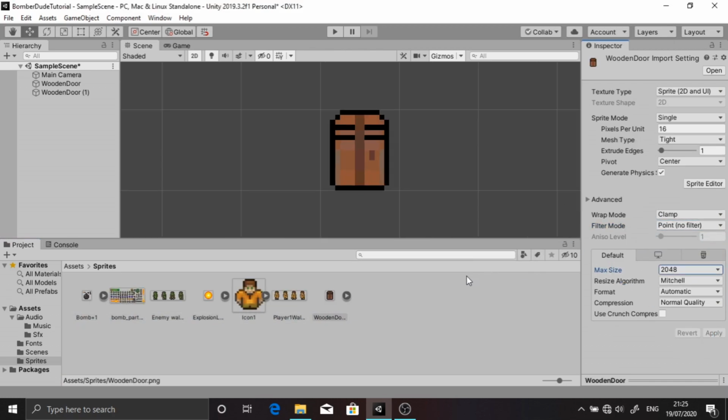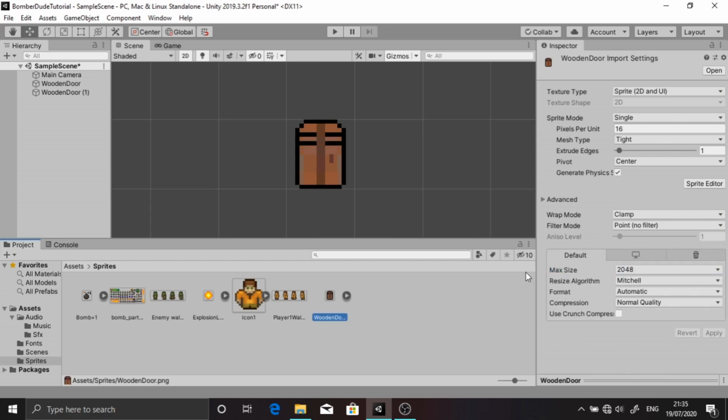The next issue we need to take care of is compression. All the settings related to the texture compression will be shown here on the bottom, and you can also override these settings based on the platform for which you are creating your game by clicking on the platforms here, which will be shown if you have installed these platforms using Unity Hub. So we are going to stick with the default.